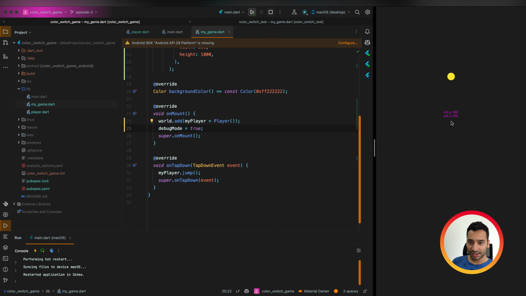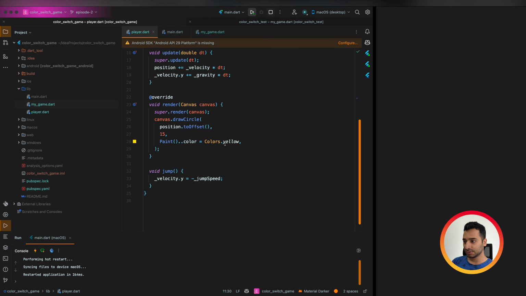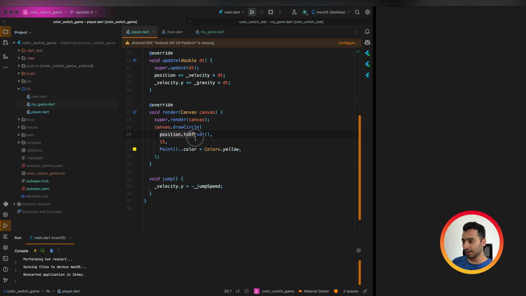text showing the player position, and actually it should move with the player, but here we have an issue. That's why it does not move exactly with the player. And also it is supposed to show the bugs that our player has in the game. To fix that, I need to change the position to offset, because as I realized, drawCircle or any method that you want to call on canvas needs a position from 0 and 0.